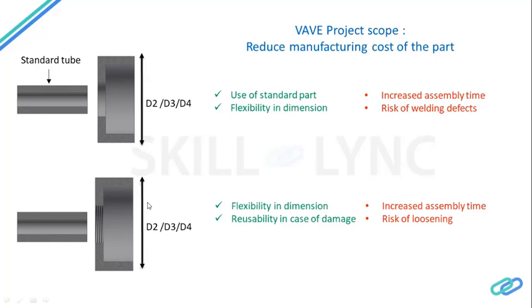So you have a reusability option now, suddenly. So you not only reduce the cost, but you have one more additional feature: you can remove the parts from each other and combine them again. So you have reusability. Of course, there is increased assembly time, and also there is a risk of loosening of threads. But I would say this is the best option among all, that you divide it into two parts and thread them together. So this is a classical case study of the different ways by which you can achieve a reduction in the manufacturing cost. Also, you can increase the feature of.